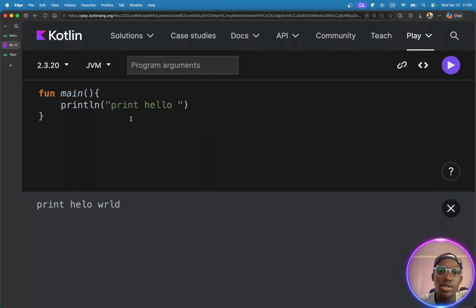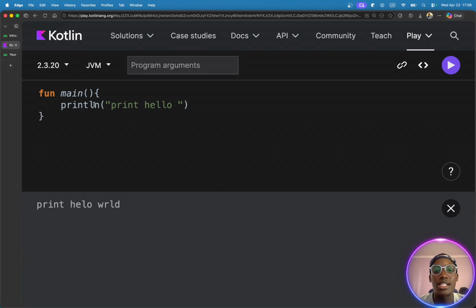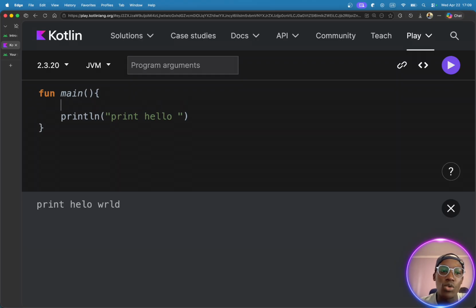Welcome back. In this series, we get to focus on what we call a variable. A variable, as we said, is a container or a box that allows us to store a value, that holds a value for us, so that when we want to retrieve it, we just call the label on that box and we will get our value. Now, in Kotlin, there is a reserved keyword for defining a variable. So we have val,